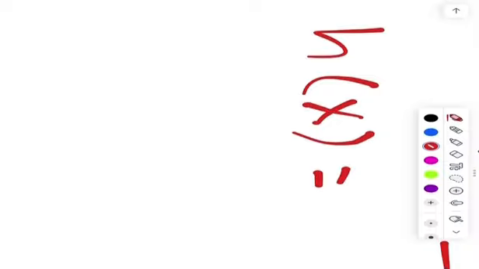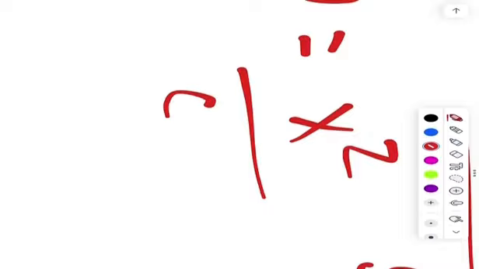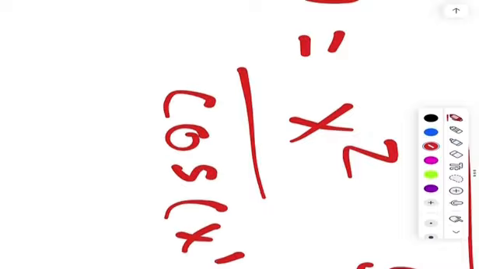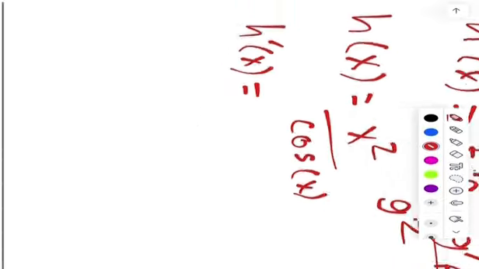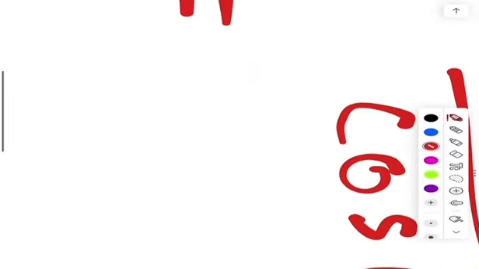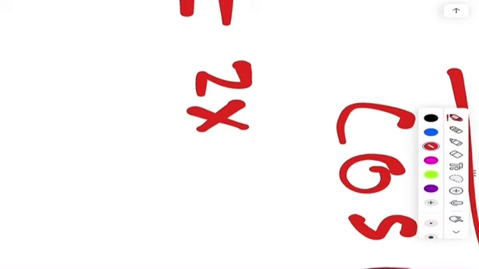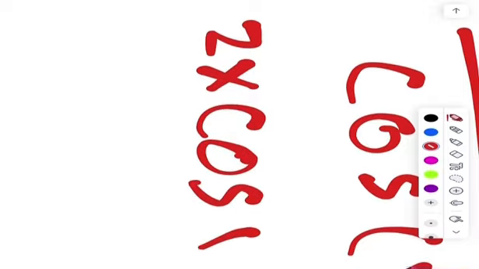So we'll do a quick example of this. Let's say h of x equals, we'll just use x squared again and cosine again of x. And we want to find the derivative of this, h prime of x equals, now we think fig gif again, so we go 2x and then cosine of x